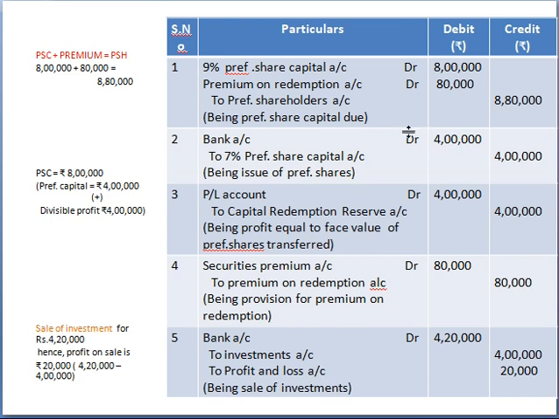Now, we'll prepare the journal entries. The first one is the entry for the preference share capital due. Here, if it is a redemption, the company has to pay the preference share capital and the premium, alright? So 9% preference share capital account debit 8 lakhs, premium on redemption account debit 80,000, to preference shareholders account, right? Now the next one is,